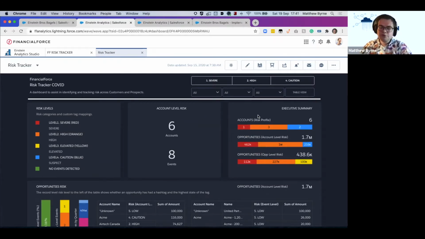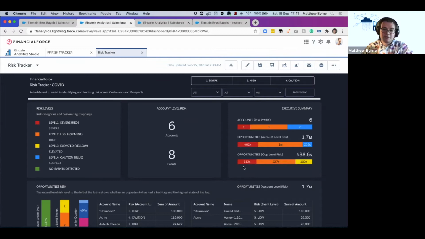And we can also see, related to those accounts, these are the total number of opportunities that relate to those accounts as well. So if we mark one account as a severe risk, then by association, it's going to mark all of the opportunities that are in pipeline related to that account at risk as well. We've also displayed it down here for the individual opportunities marked as well. So different ways of viewing it, okay?